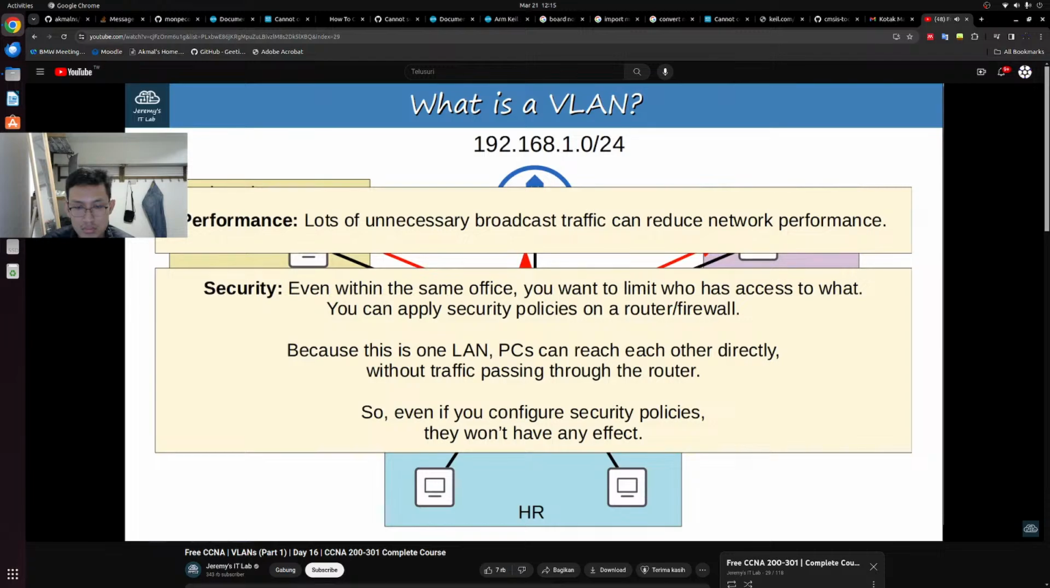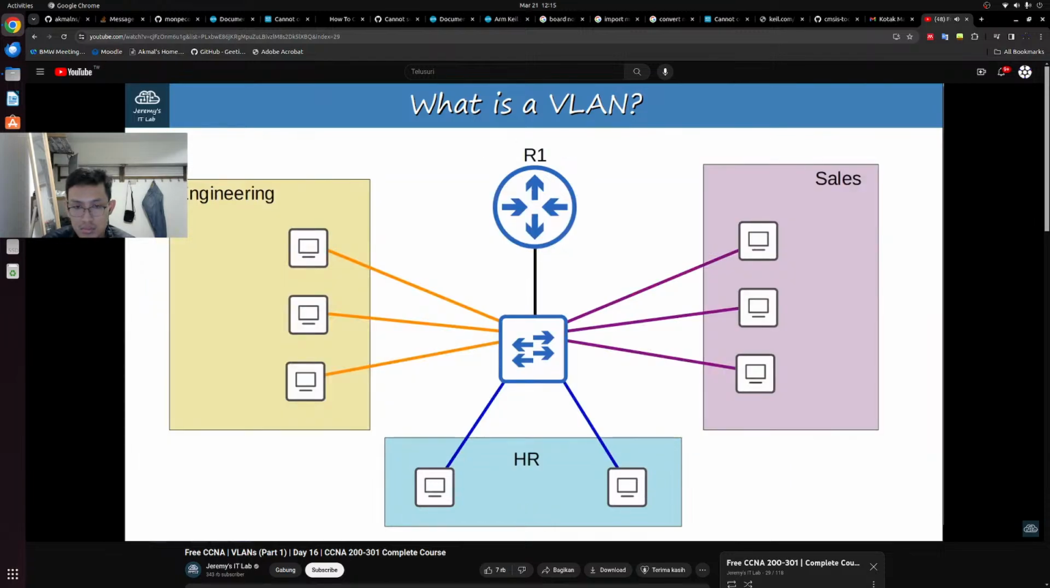So even if you configure security policies on the router, they won't have any effect. We should separate these hosts so we can apply security policies that determine who can access what in the network. So let's split up these departments into separate subnets: